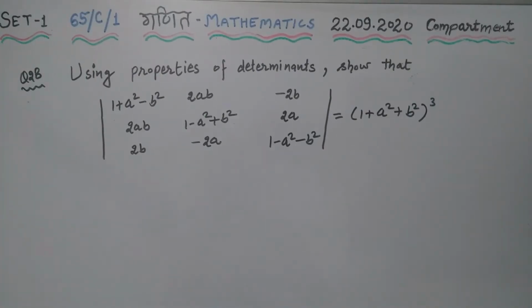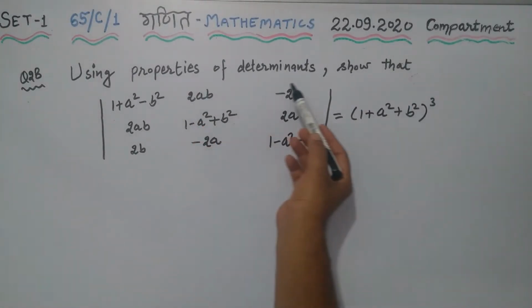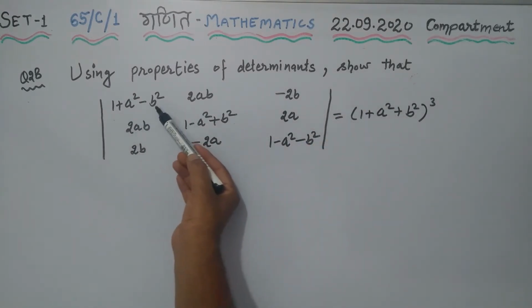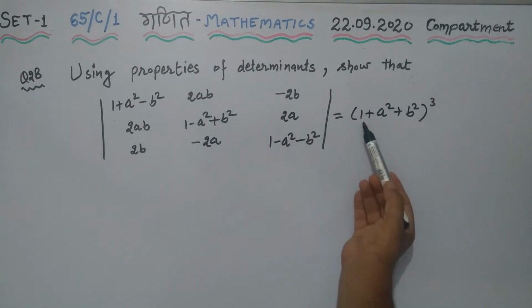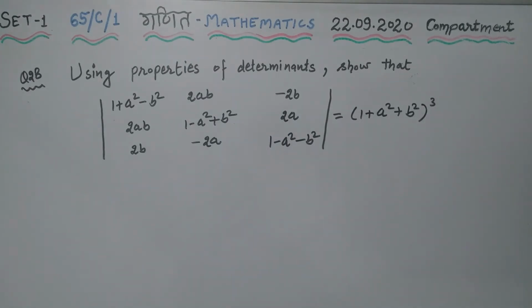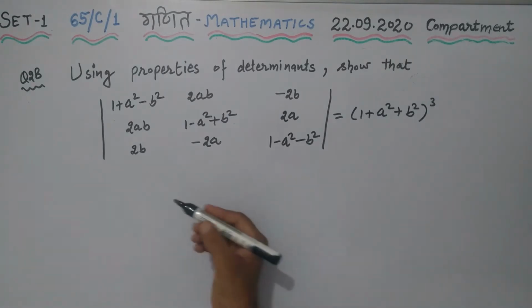Question number 28. Using properties of determinants, show that this determinant, 1 plus a square minus b square etc., is equal to (1 plus a square plus b square) whole raised to power 3. So how to solve this question? Left hand side,